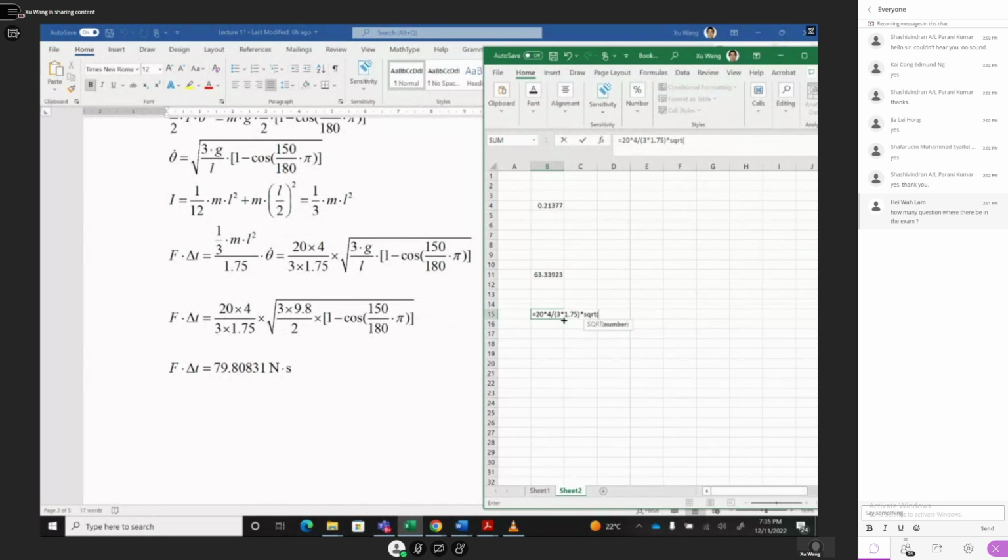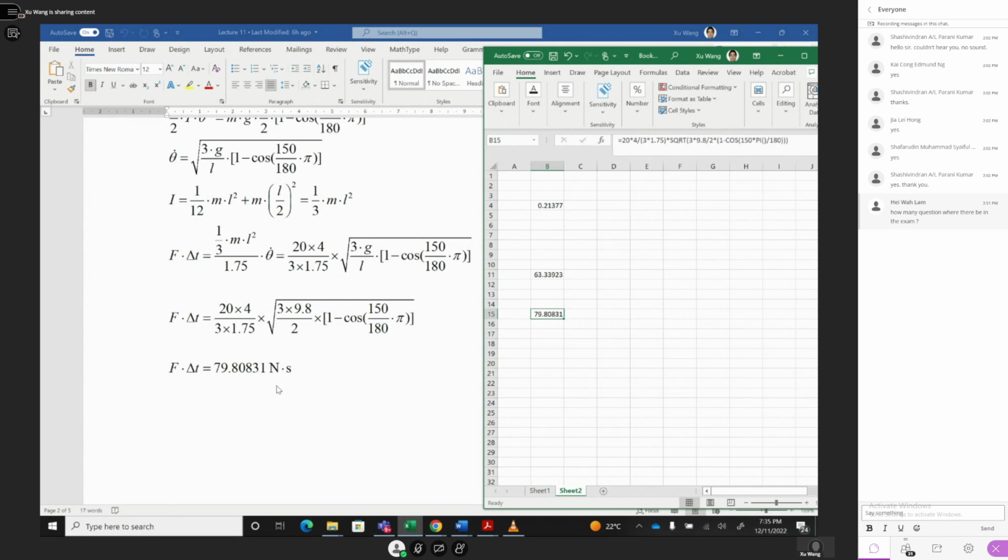Square root is 3 multiply 9.8 divided by 2 multiply brackets 1 minus cosine 150 degree multiply pi divided by 180 becomes radian. Okay, and this cosine is one bracket, another bracket is here, and also have square root bracket. That's all, and equal to